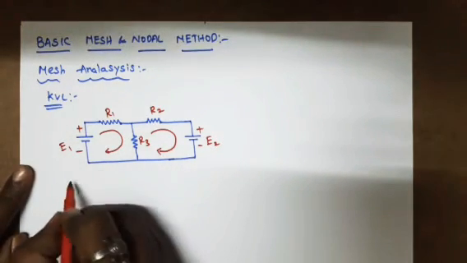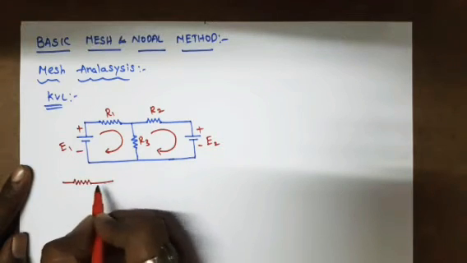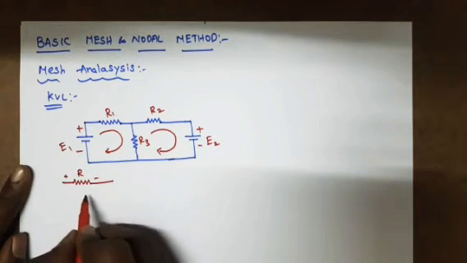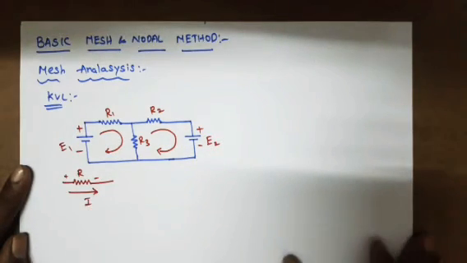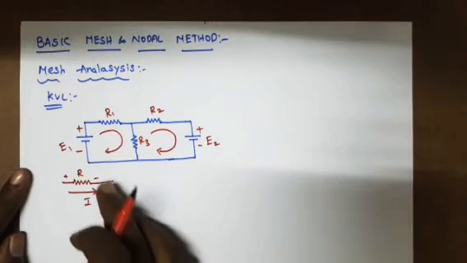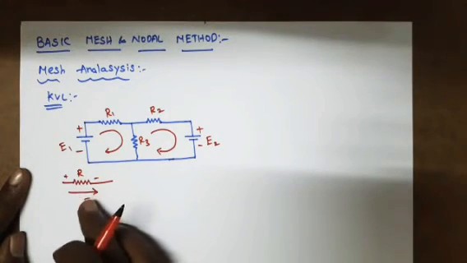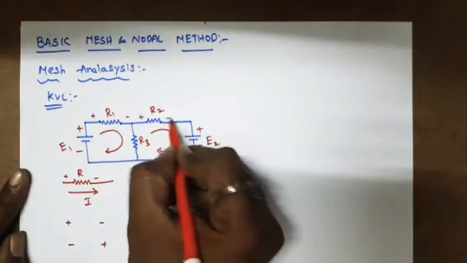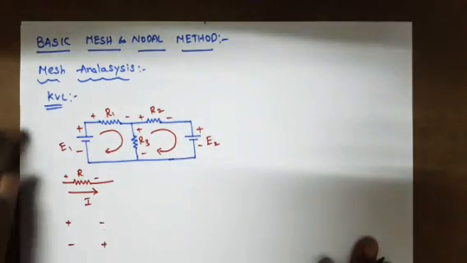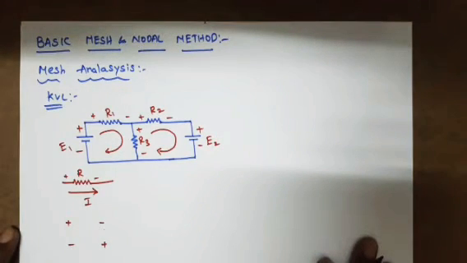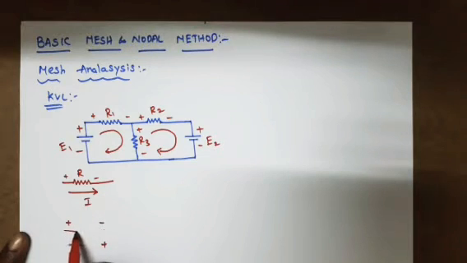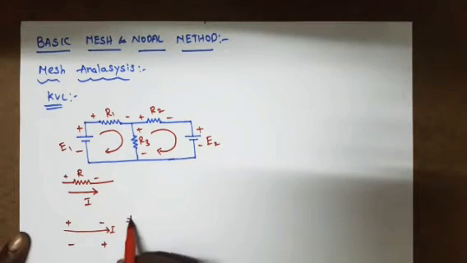So here in the resistor R, we can give the signs like this: R plus minus, and the direction of flow of current I is like this. Here we can give a sign notation: plus minus, plus minus, minus plus. Plus minus, plus minus, plus minus. Here the signs will be like this. Plus minus.